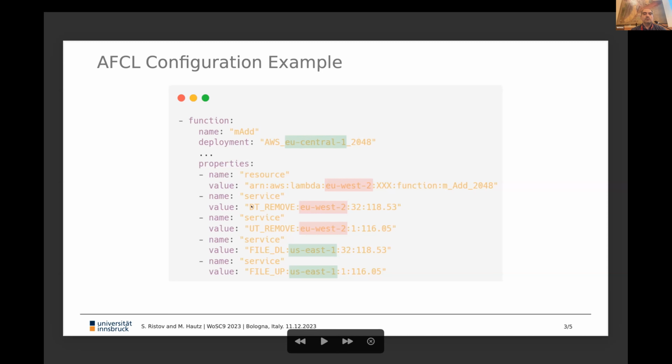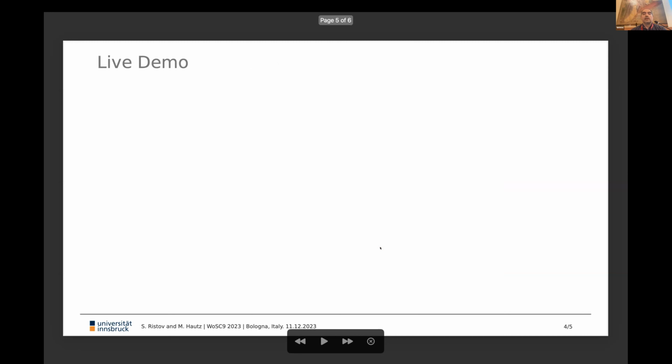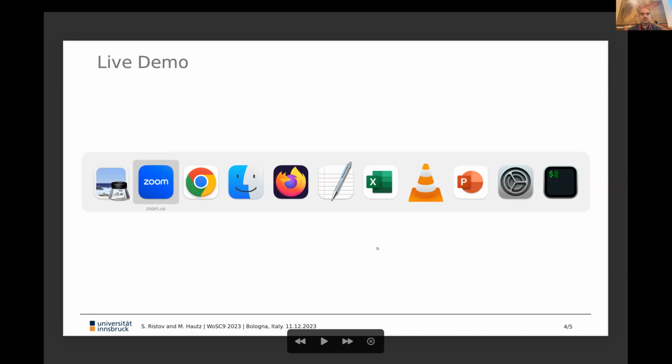Then we configure that we need to delete the data downloads and uploads from London to London, and add from Frankfurt to North Virginia. We don't need to measure it, but we just need to specify how many files the function downloads and the total amount of time, and then the networking model uses this. With this information, we are able to